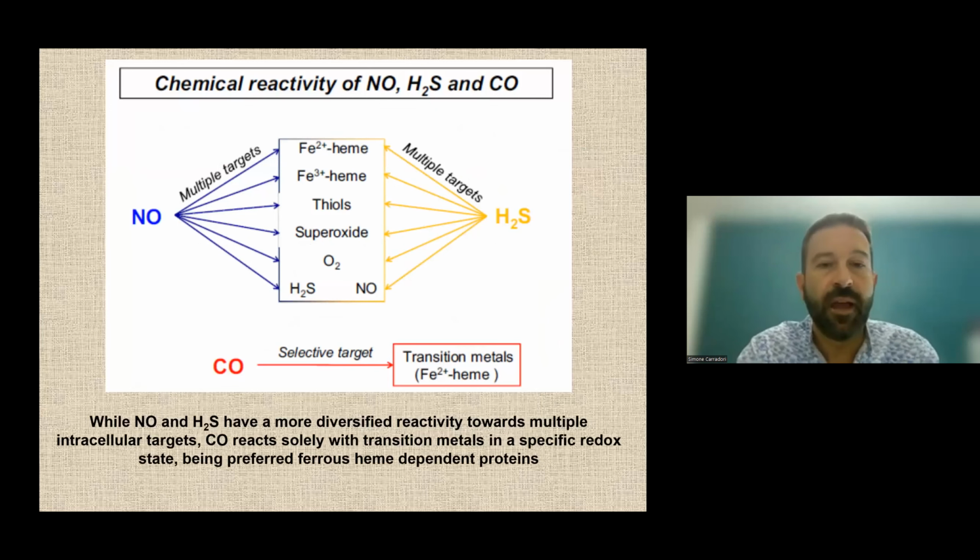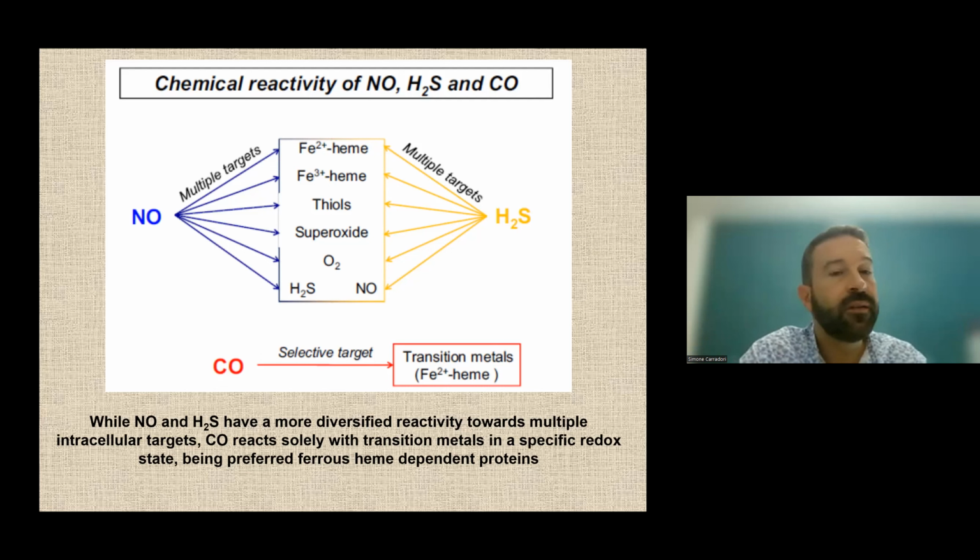The main difference among them is the chemical reactivity. For example, nitric oxide and also hydrogen sulfide can, for their chemical characteristics, interact with a lot of proteins and compounds which are present in our body. This is why the use of compounds releasing nitric oxide or hydrogen sulfide can have not only a specific, physiological effect, but also side effects when they interact with unwanted proteins or compounds.